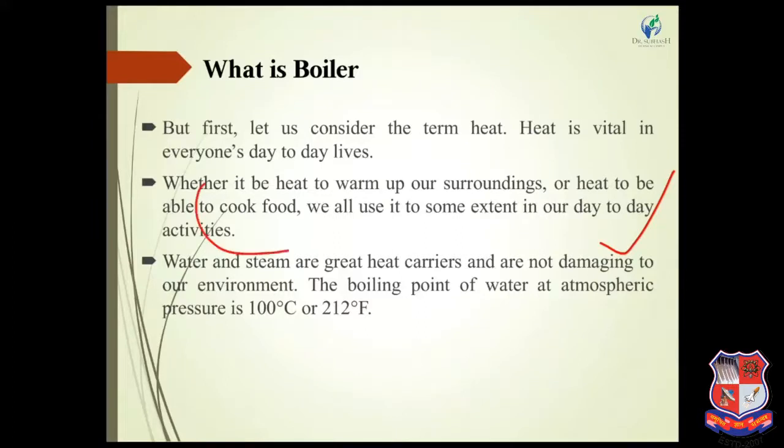An example of using heat to cook food: you know that in our home the pressure cooker is one of the devices to cook fast. Inside the pressure cooker, we put some food with water. Then we give external heat to the cooker and it gains heat. The temperature of the water rises from atmospheric temperature to 100 centigrade. After 100 centigrade, the water is converted into steam.